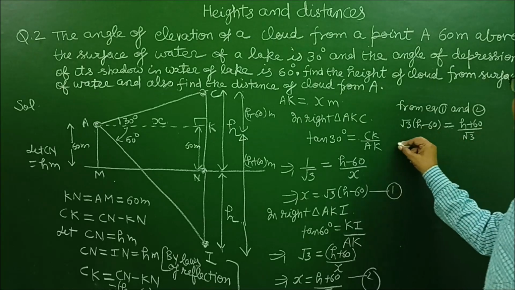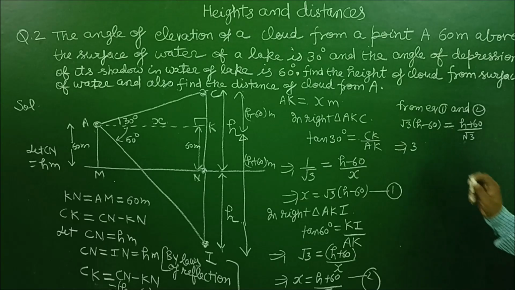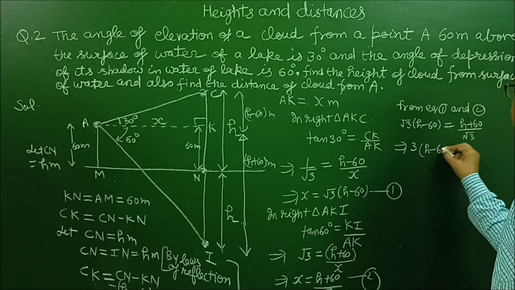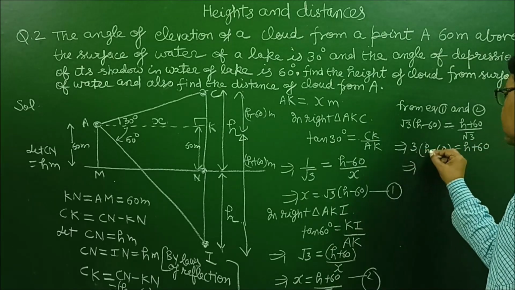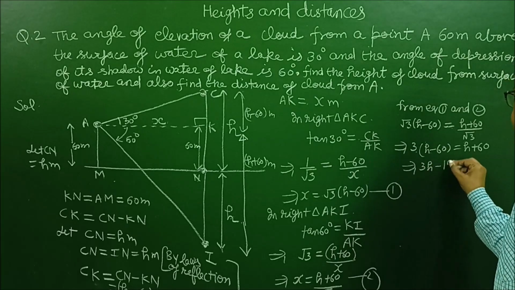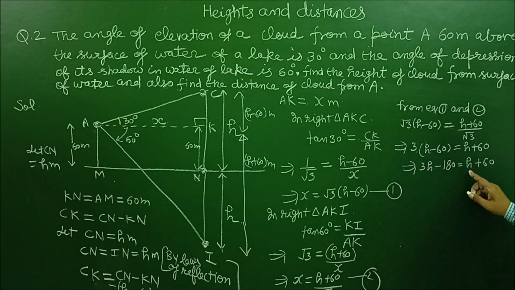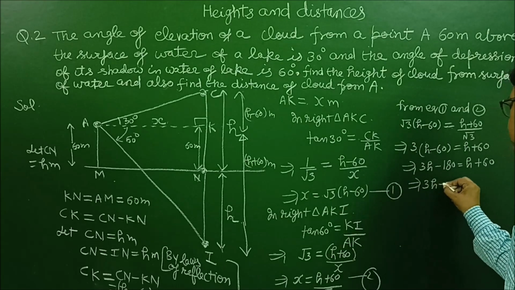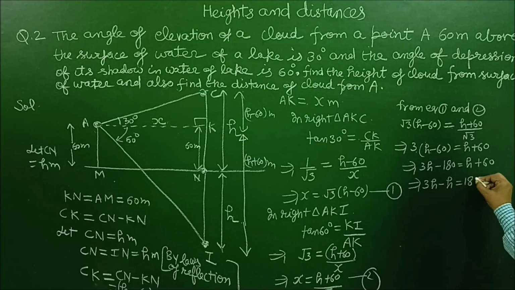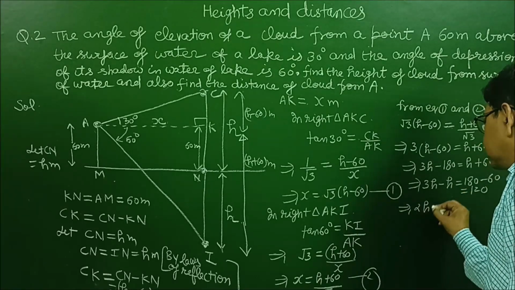If we cross multiply, then 3 into √3 into √3 is equal to 3. 3 into h minus 60 is equal to h plus 60, and on multiplying, 3h minus 180 is equal to h plus 60. Now transposing h to the other side, 3h minus h is equal to 180 minus 60, that is 120. 3h minus h is 2h. 2h is equal to